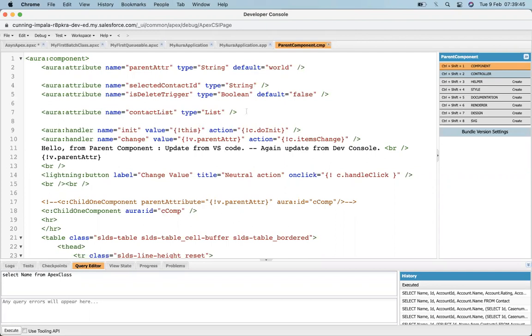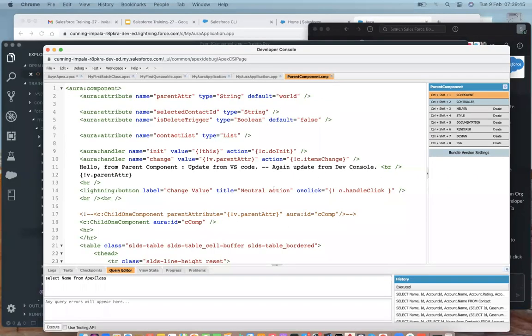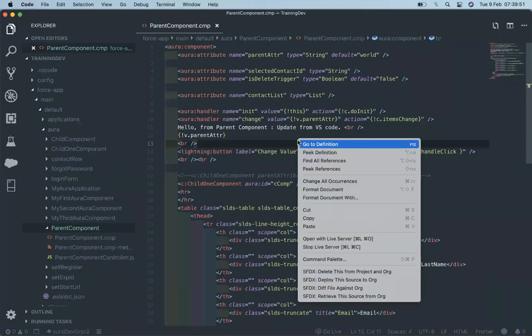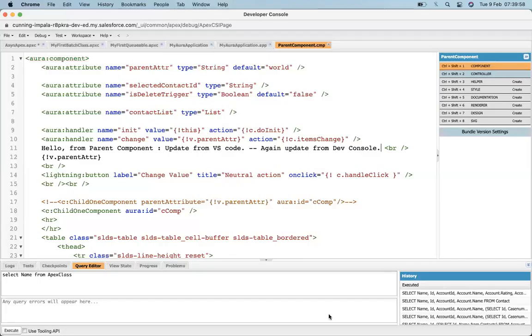But those changes are not reflected up here. So what I need to do is just right click and retrieve this from source org. What it will do is retrieve only this file.